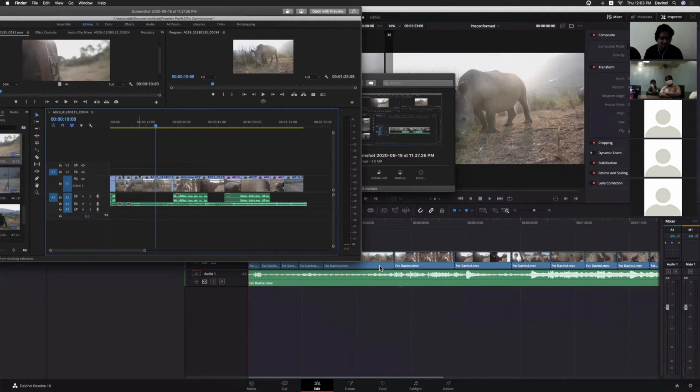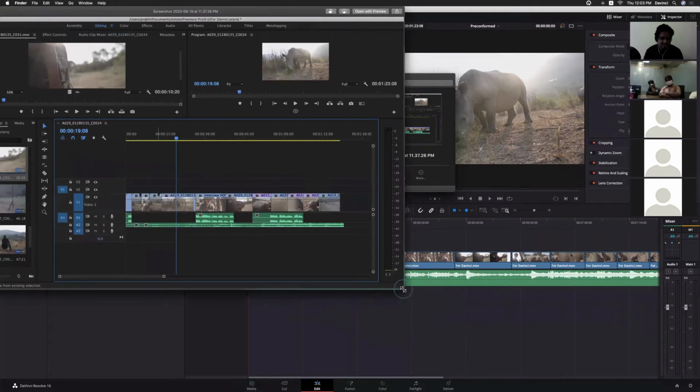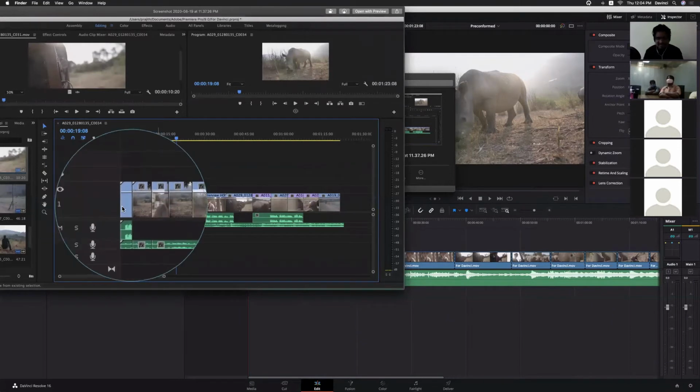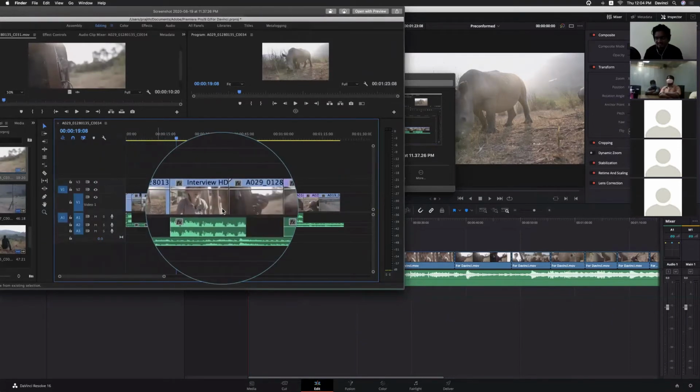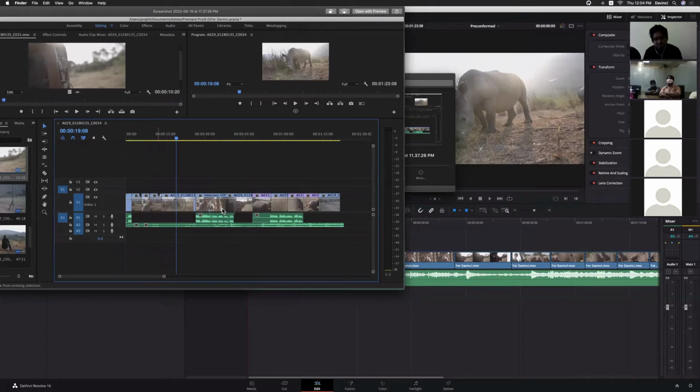And if you are working with a pre-confirmed EDL, you just make sure everything is on your track one. That is the main reason. When you export EDL, it will ask you which track you want to select from Premiere, right? You need to select the particular track. You need to make everything a single track. Then only it will be helpful, right?